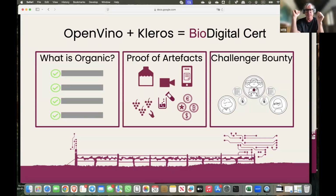same. We give the producer a mechanism to report their evidence using IoT sensors, cameras, documents, work logs, using different types of tools that they can store their evidence on an immutable blockchain or using IPFS or some of these tools. And then the last step, the most important one, is the challenger bounty, where basically we'll